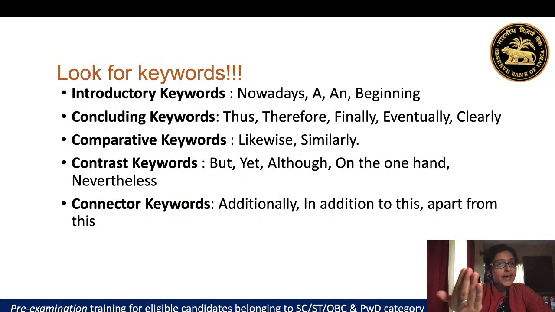That's interesting. So look at the keywords. These keywords are introductory keywords, concluding keywords, comparative keywords, contrast keywords, and connector keywords. If you find a word like a, and, beginning, nowadays, you know for sure the passage starts here. If you find keywords like thus, therefore, finally, eventually, clearly, understand, the passage ends here. If you find a word like likewise, similarly, but, yet, although, you will realize you will have a comparison somewhere. Either you're talking about how two things are similar, or how two things are different. And the last thing,